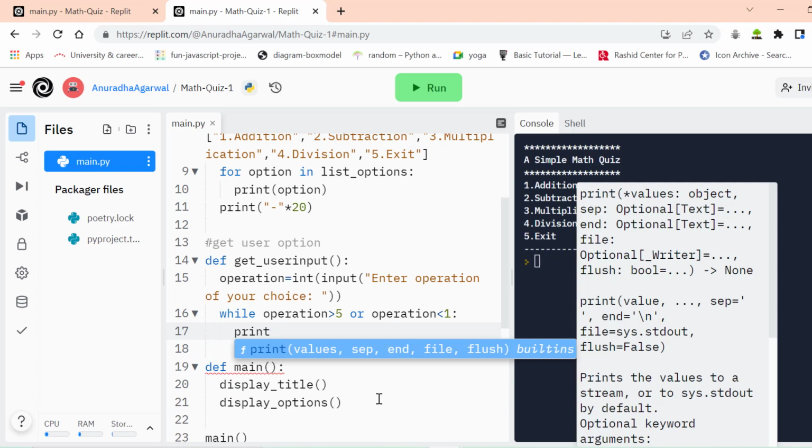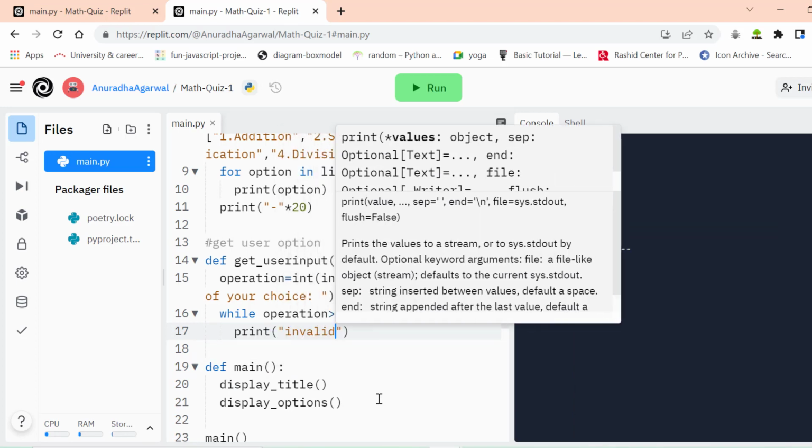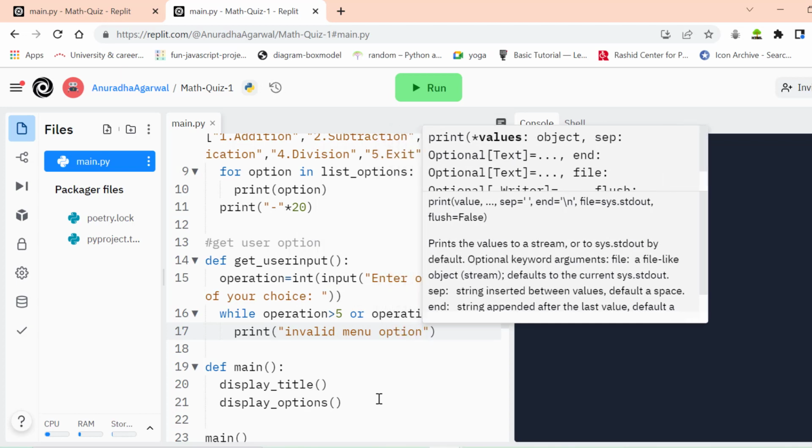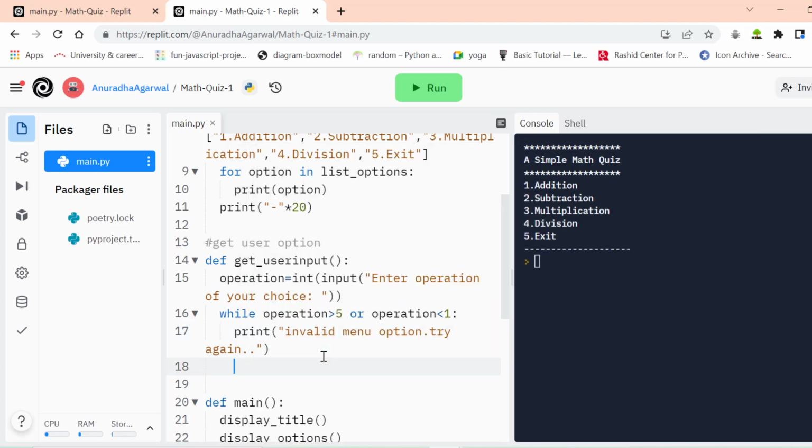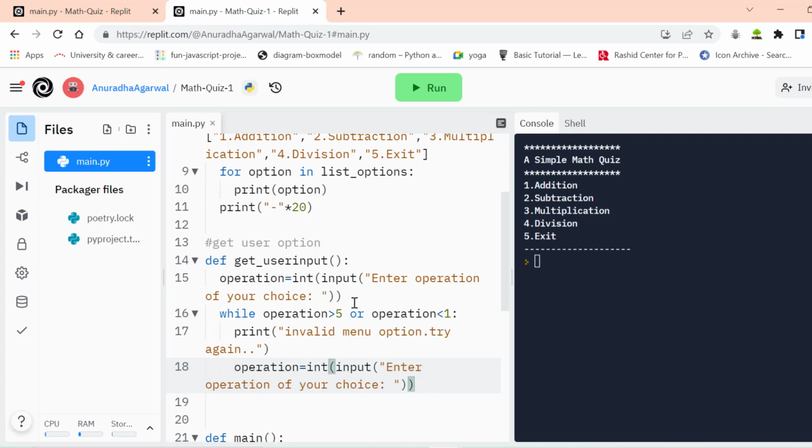So we'll say print invalid menu option, try again. And we don't want to leave just the print statement, we again want to give this input option so that the user can enter the information again, right? So this happens until the user enters the correct information. Once we are out of this while loop, when the user enters any correct option, apart from these values, it directly goes over here. We can use else also, but we don't need to use else here. So we can simply say return